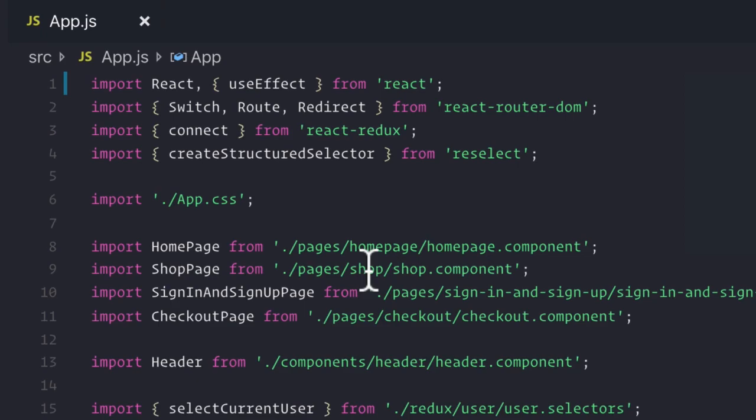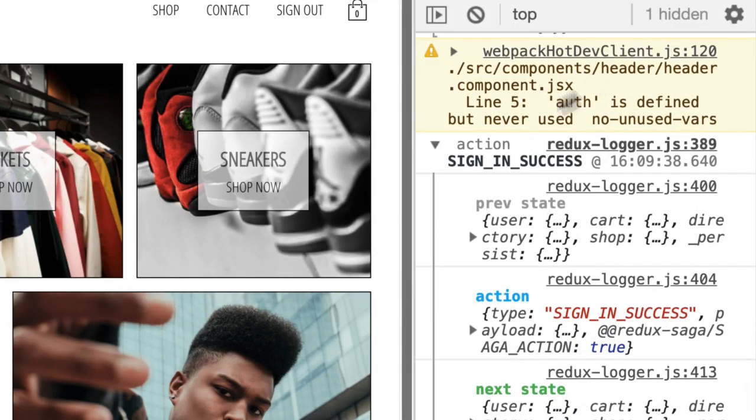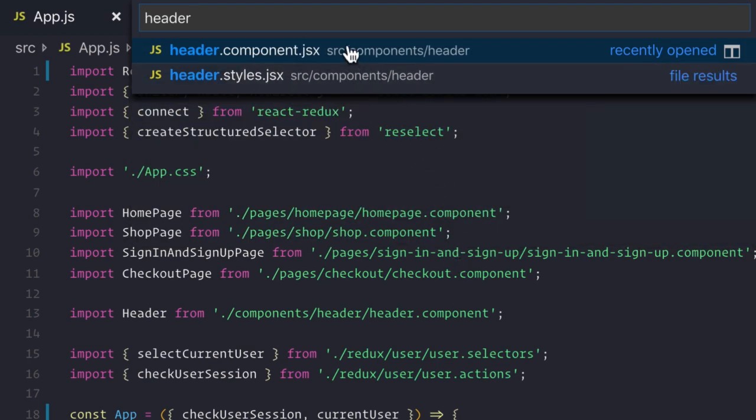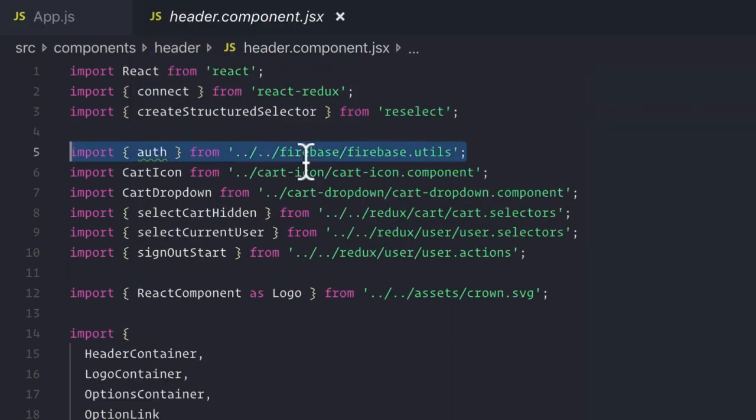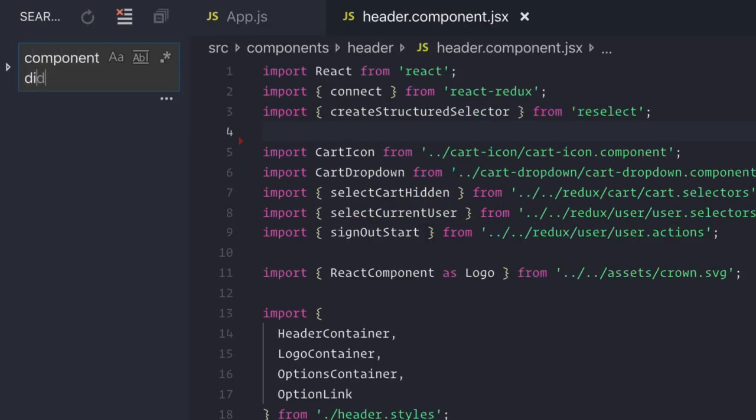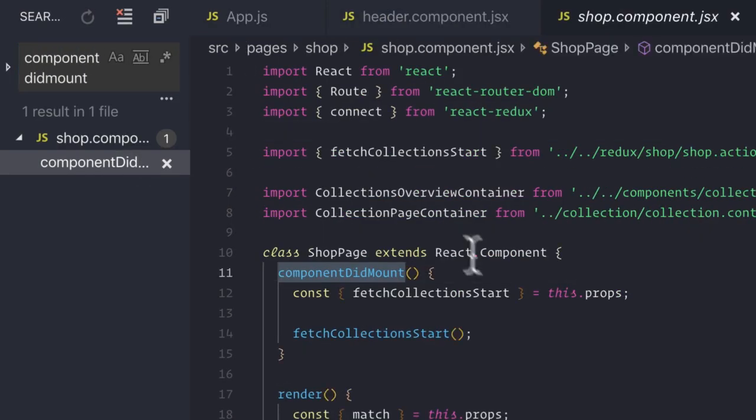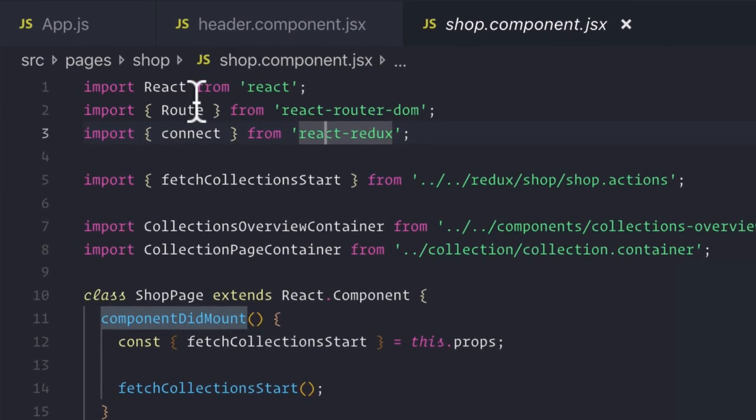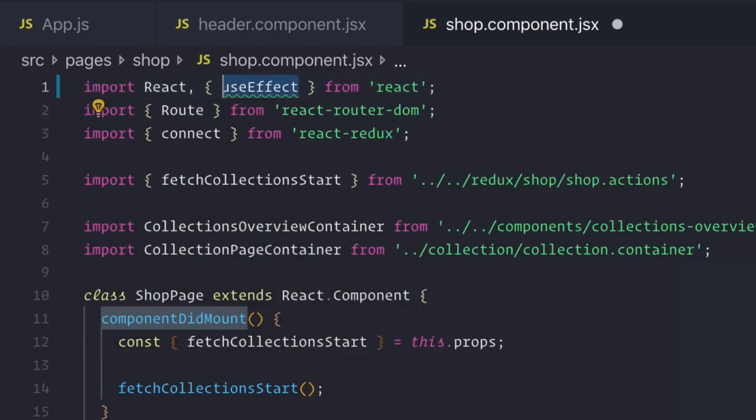So we also see that our Header component no longer uses auth. So we can update that as well. So let's get rid of this auth dependency. And let's update any other components where we're using componentDidMount with our new useEffect method. So here we can see our ShopPage is very similar to what we had with our App component. So here, let's import in our useEffect method. And let's update this